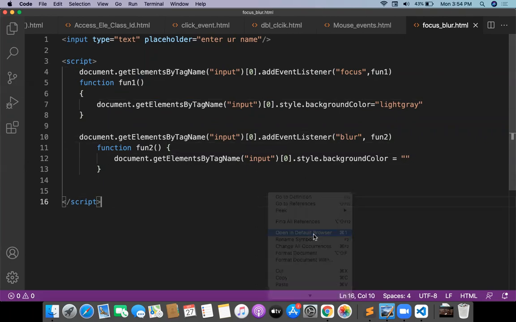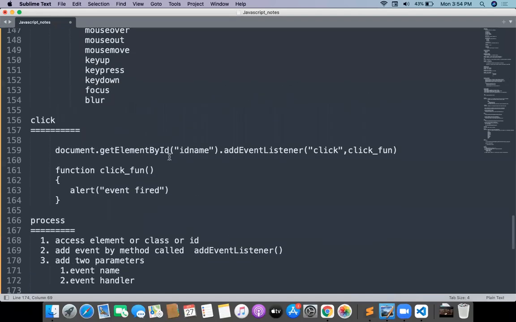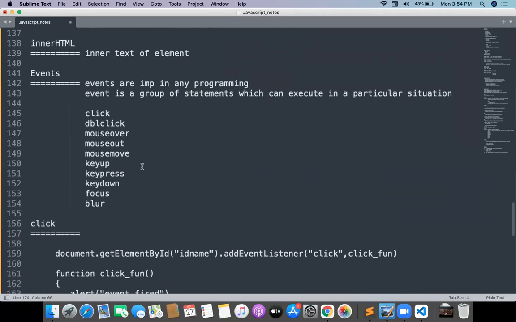Open in default browser, and you will be having two events now. One is focus. Focus is nothing but you are clicking inside the text box.